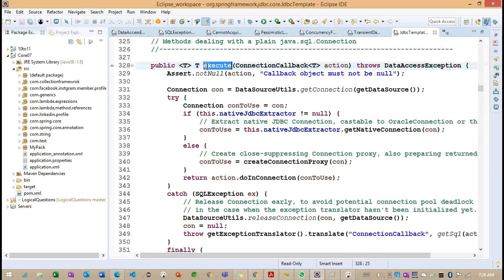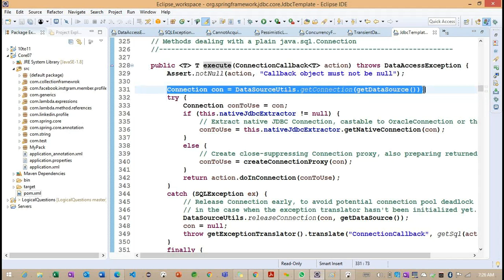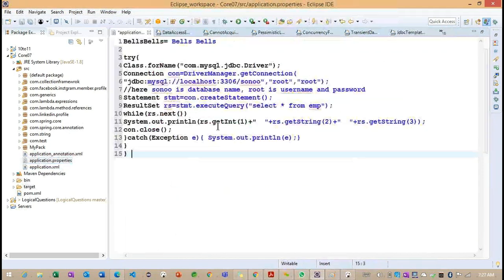And observe the connection-related information here. We are going to call execute. Whenever we call this execute, internally we have a connection object. Explicitly, we load the connection whenever we work on a plain JDBC application.